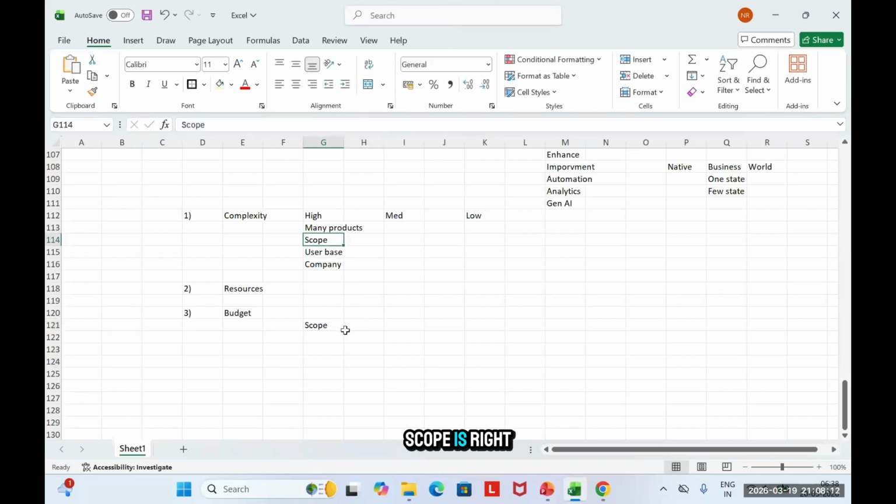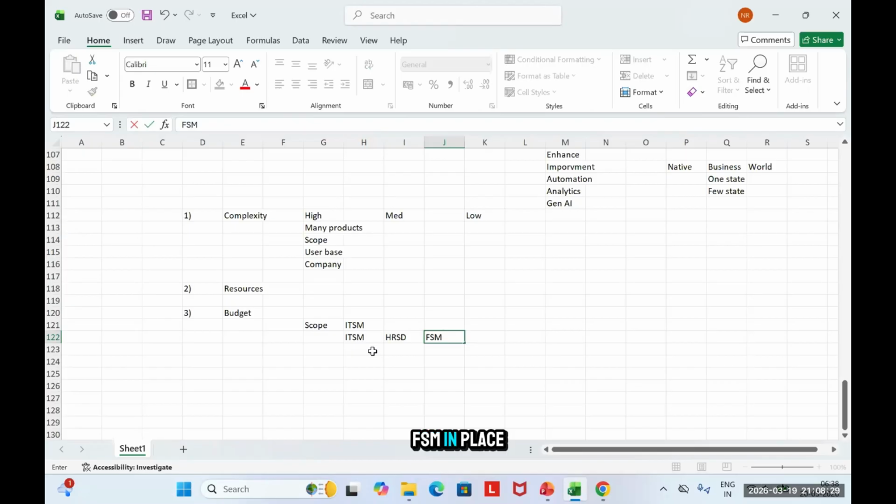Maybe the client can come to me and say, hey, I only want ITSM to be implemented. And then there is another client which is saying I want ITSM, I also want HRSD. And at the same time, I'm also looking forward to have FSM in place. So this project will take more time. But if you want to deliver it in less time, I can hire a ServiceNow BA who is experienced in ITSM. That is my BA1.